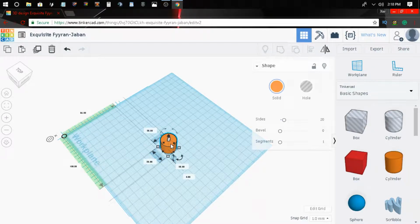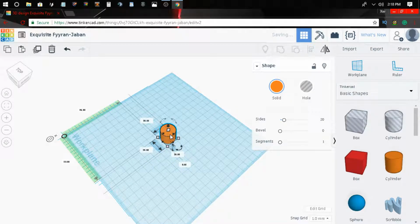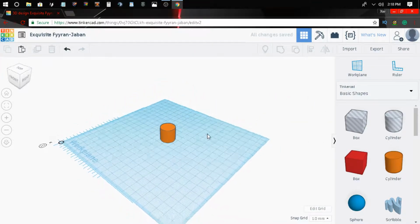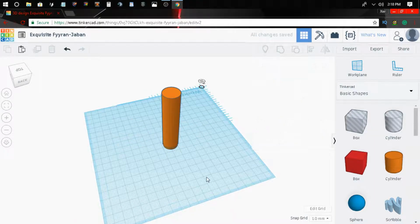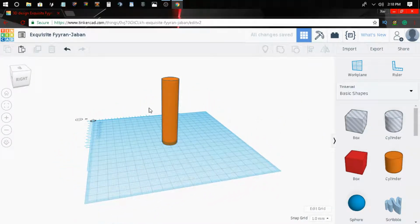You want to build a rocket. All right, what you do, you see how the ruler works, is you'll take this. Now you got your cylinder, this is the base. You grab this cone. No, never mind, you don't grab that cone. You grab this dot, you pull it up. And there you go, you got a rocket that's 88mm tall. Now that that's 88mm tall,